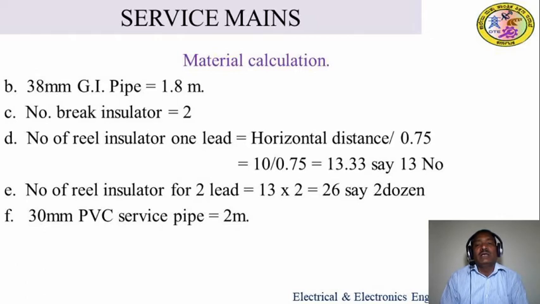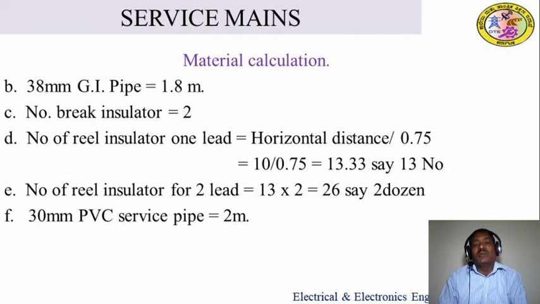So the successive displacement for an insulator, the length should be considered as 7.75 meter. So therefore the span length should be 10 meter. Sometimes it may be 10 plus 2 or 10 plus 3. That 2 or 3 meters is the excess we are taking for the messenger wire. There should be tying at the pole side as well as the service pipe. So that 3 meters should be for tying purpose.